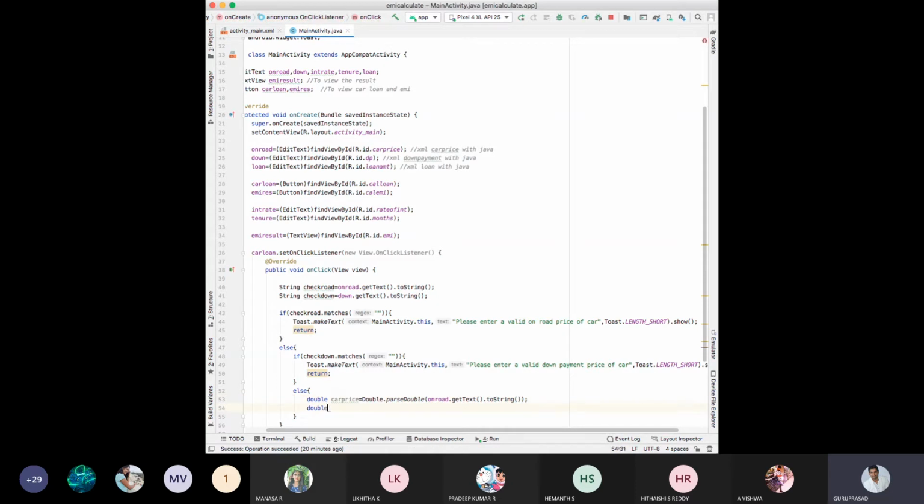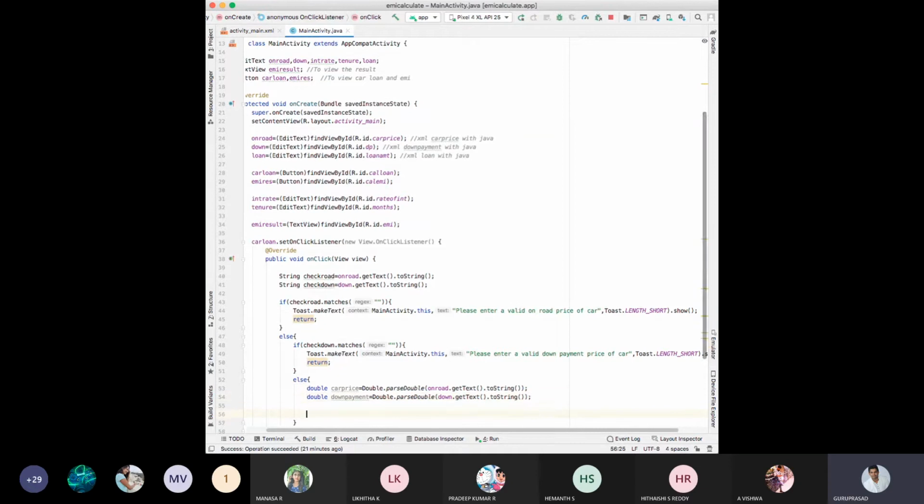Next double, then down payment is equal to Double dot parseDouble down dot getText toString. Okay, next